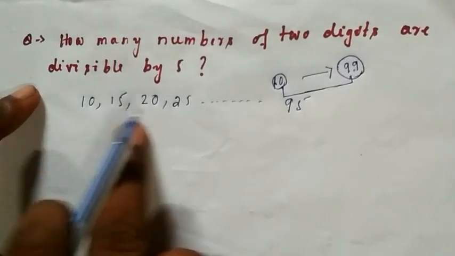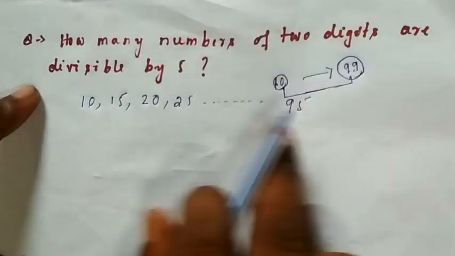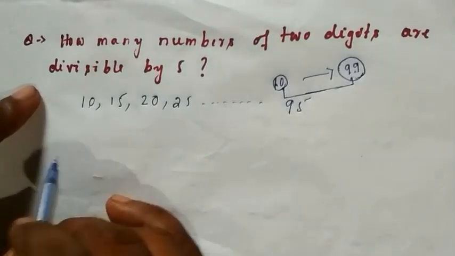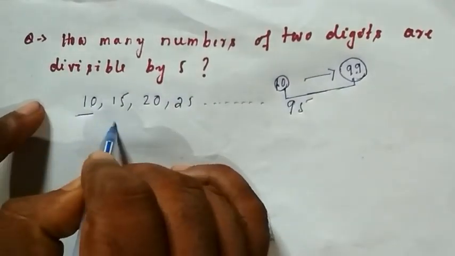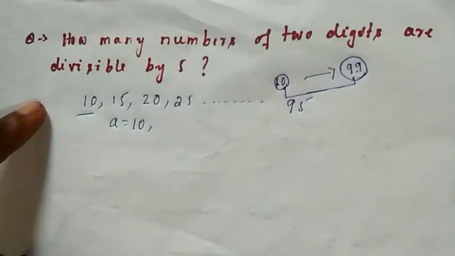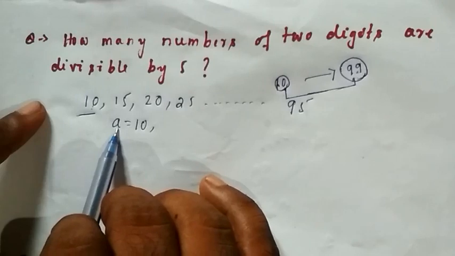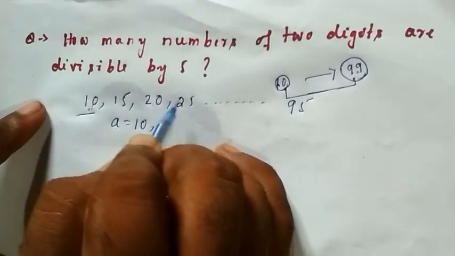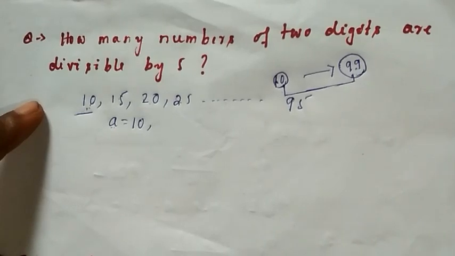We have to find how many numbers there are like that, from 10 to 95 in this sequence. By using the arithmetic concept, listen here. Here, the first term is 10. That means a is equal to 10. Is it clear? In arithmetic progression, the first term is called a. Your first term you write as the symbol a. That means this is the first term, second term, third term, fourth term: a1, a2, a3, a4. So the first term we take as a. So a is equal to 10.